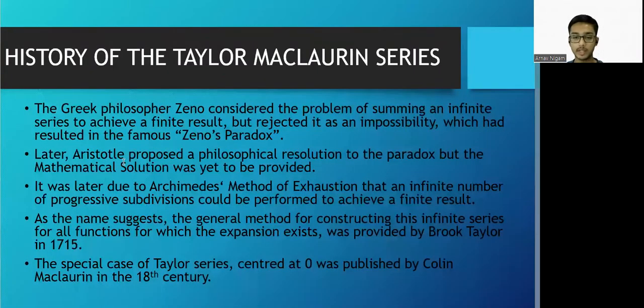The Greek philosopher Zeno had considered the problem of summing an infinite series to achieve a finite result, but he had rejected it as an impossibility, which led to the famous Zeno's paradox. Aristotle and Archimedes worked on this method, but later on in 1715, Brooke Taylor found a general method to construct infinite series for all functions which had an expansion, and a special case of this series was published by Colin Maclaurin